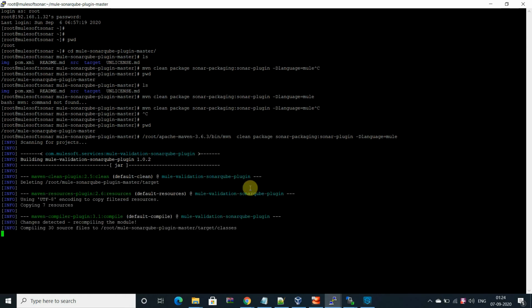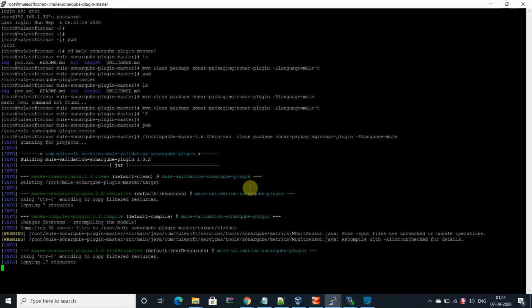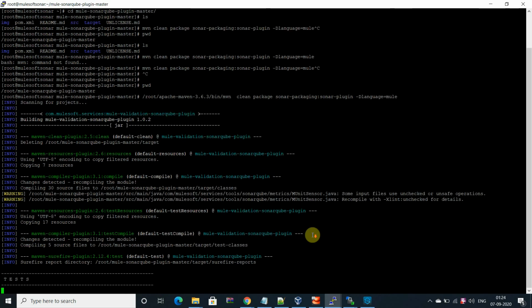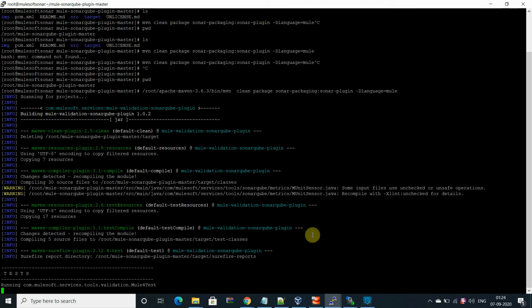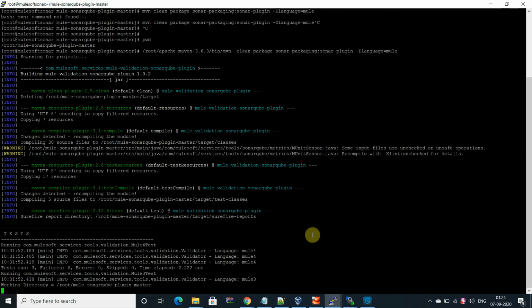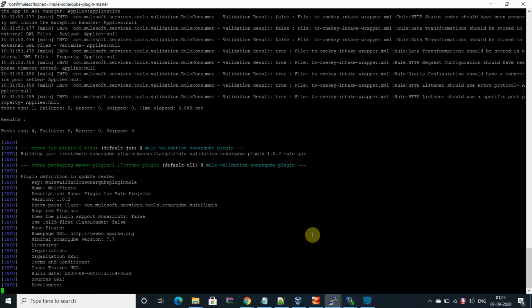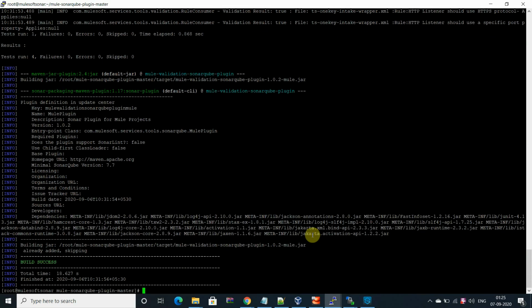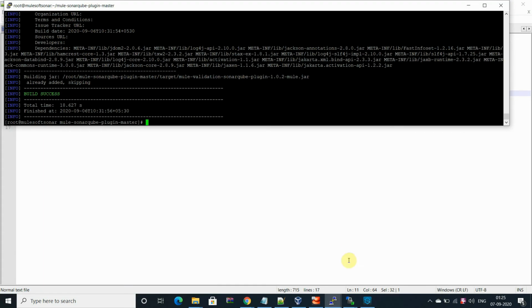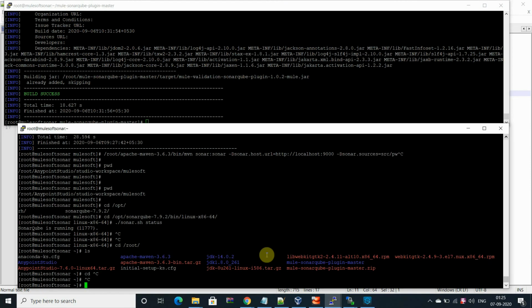It's creating a jar file, which is a Mule 4 based jar file. Got the jar file. This jar file I need to copy into my SonarQube plugin folder, so I go over there.